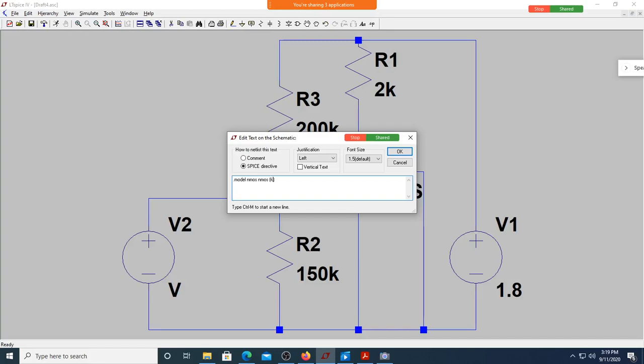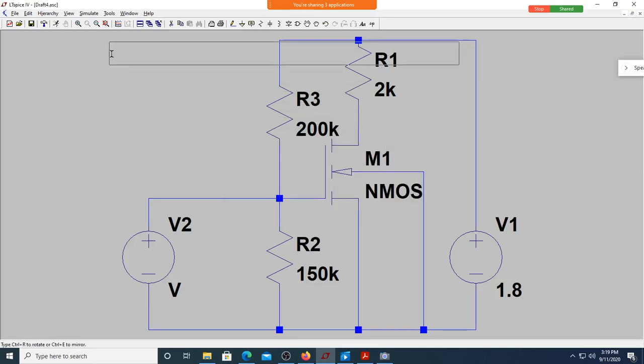What is the usual value of Kp, Gaganashri? Sir, 200. 200 what? 200 micro, no? You have to say 200 micro, not simply 200. It's not just a number, the unit is also there. 200 micro. Okay, sir. VTO? VTO was 0.4 volts. Okay, done. So we have defined the model also.